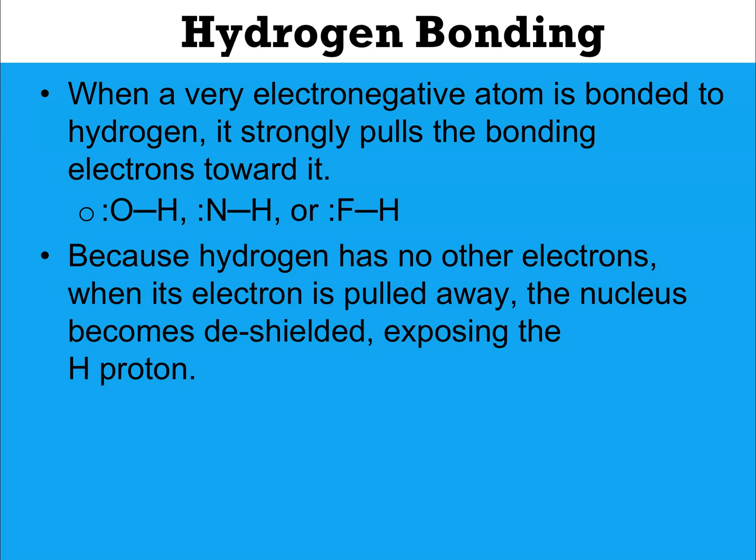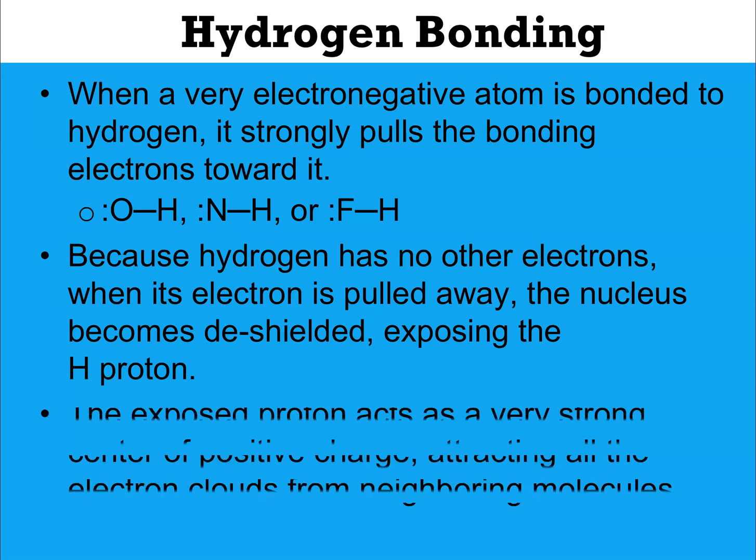Because hydrogen has no other electrons, when those electrons are pulled away as part of the bond, the nucleus of that hydrogen becomes de-shielded. It's just a big, strong proton that is very, very positive. Again, it is not a full positive. It is a partial positive, but mainly because the electrons are being pulled away,